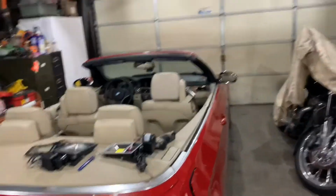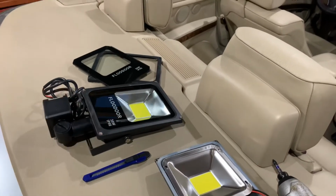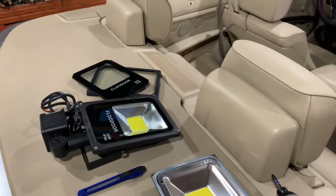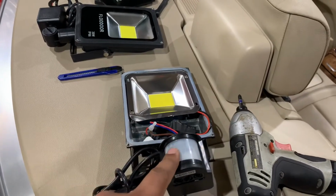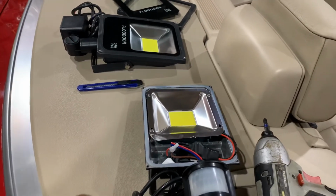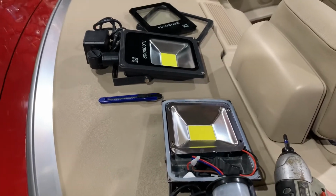So what I'm going to do is, here's my, well, this is a very expensive workstation, but I bought four of these lights, mainly one for experimenting. I always plan on burning one out while I'm experimenting, but I need three lights, like I mentioned. I will use these sensors and create a circuit, so if any one of the sensors is triggered, all three lights will turn on. Except this time I will use a relay to power all the lights at the same time, and three diodes to control the power flow. So this way this will never burn out again,